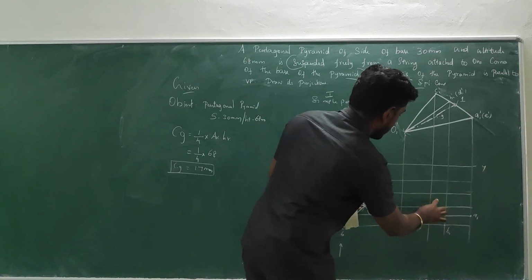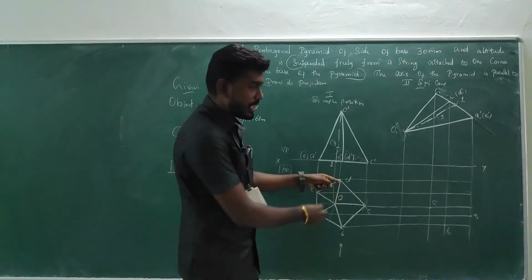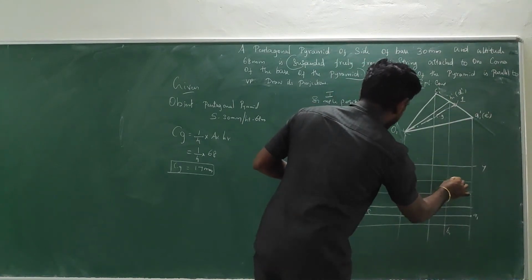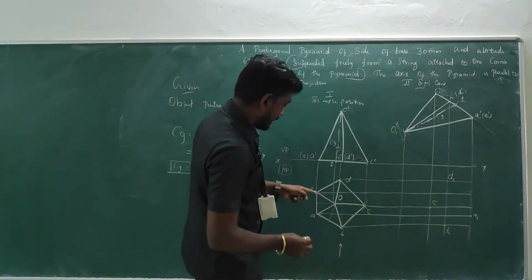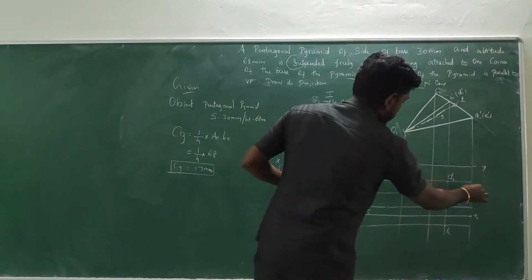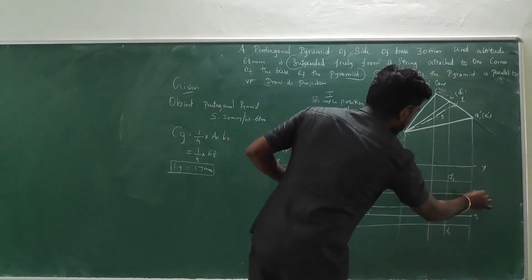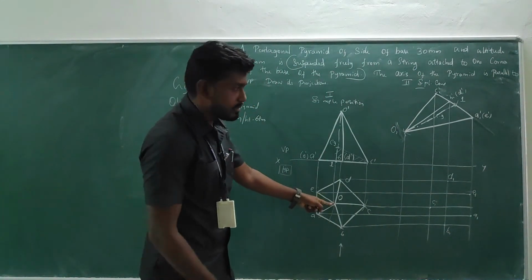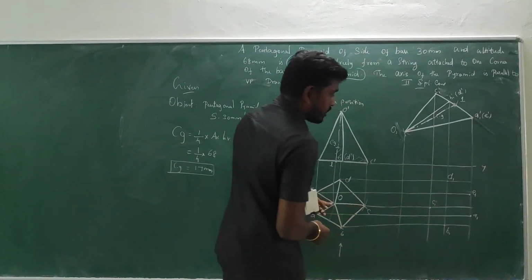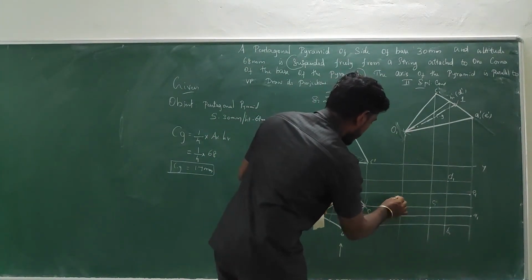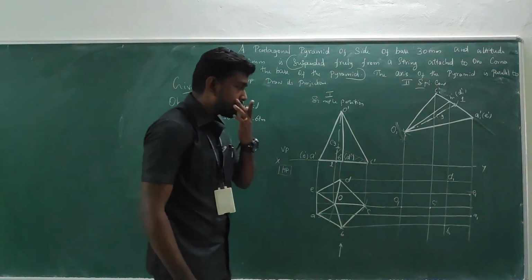C1, C1. Right? Where is D? Horizontal and D vertical. So here it is. So D1. And here is E, and here is E projector. So it is meeting at this place, E1. Okay. What is remaining? Apex. Here is the horizontal and here is the vertical. So this meeting spot will be apex O1.